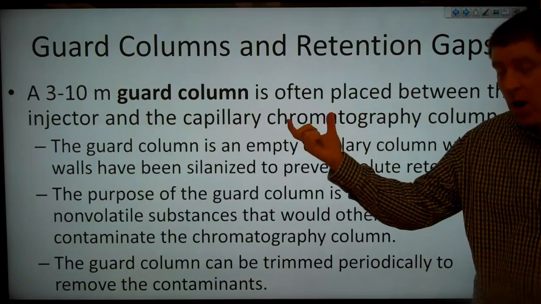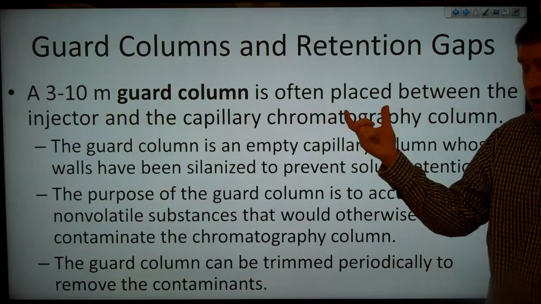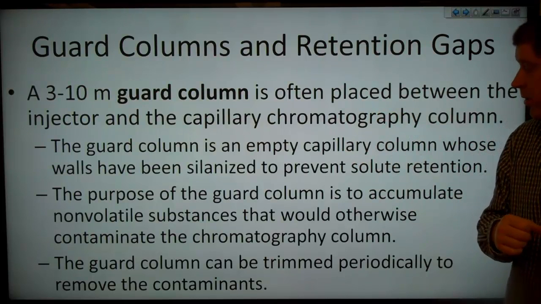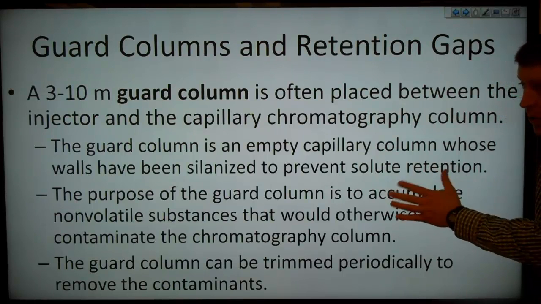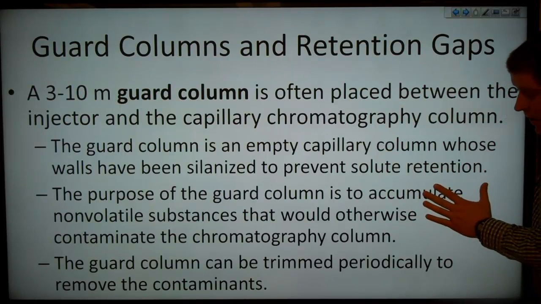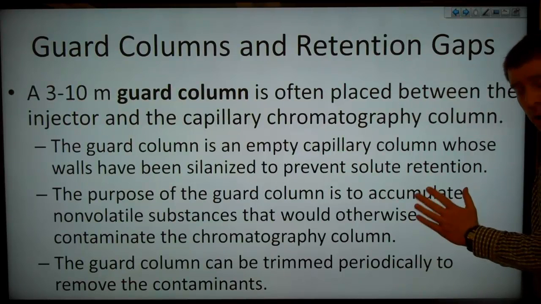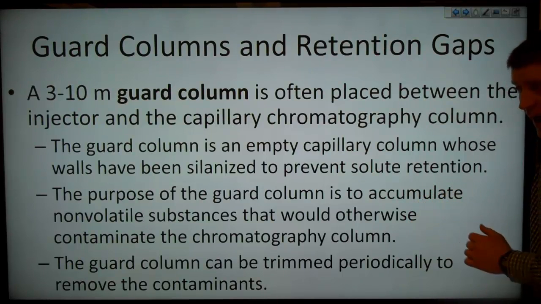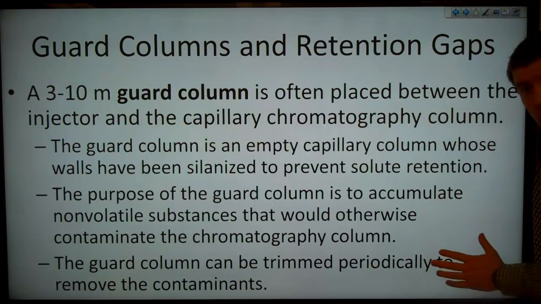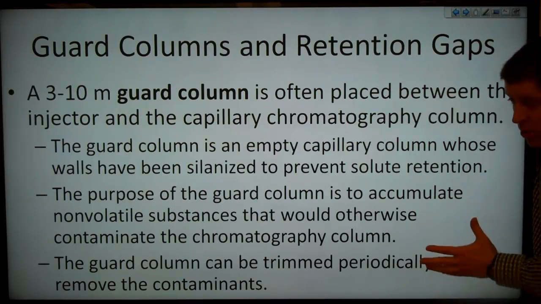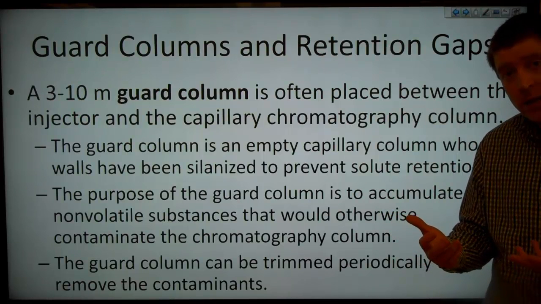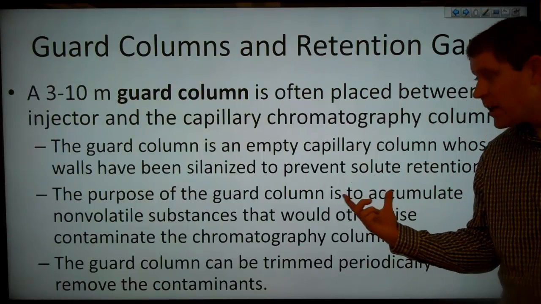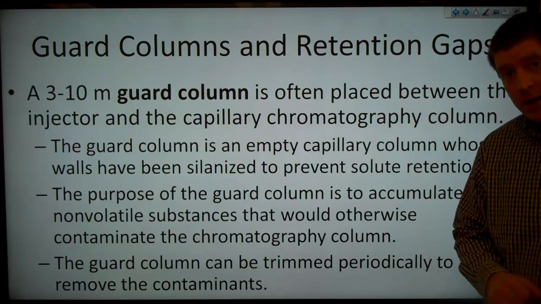A 3 to 10 meter guard column is often placed between the injection port and the capillary chromatography column. That guard column is an empty capillary column whose walls have been silanized in order to prevent solute retention. And the purpose of our guard column is to accumulate non-volatile substances that would otherwise contaminate our chromatography column. That guard column can be trimmed periodically in order to remove those contaminants. Alternately, we could simply replace the guard column in its entirety